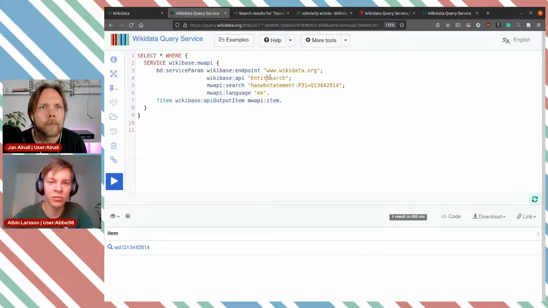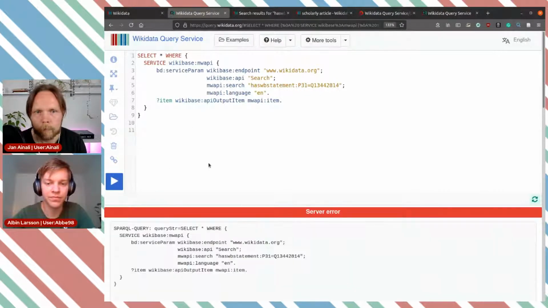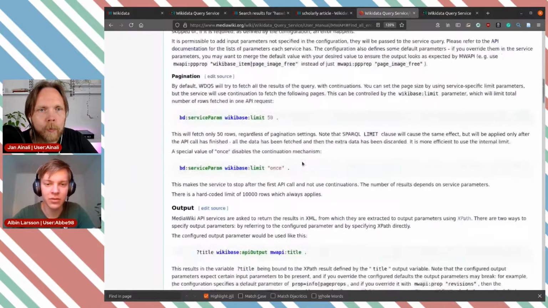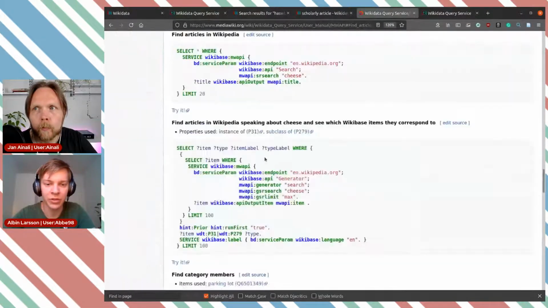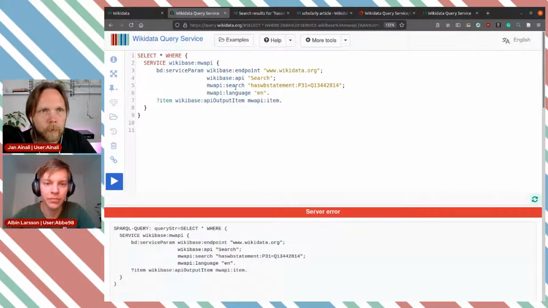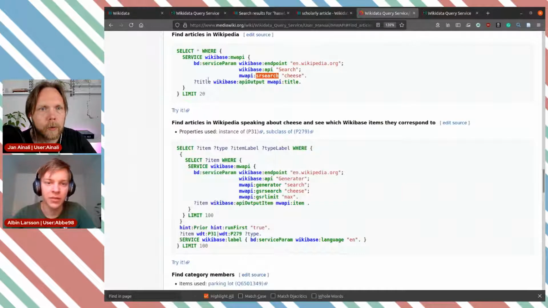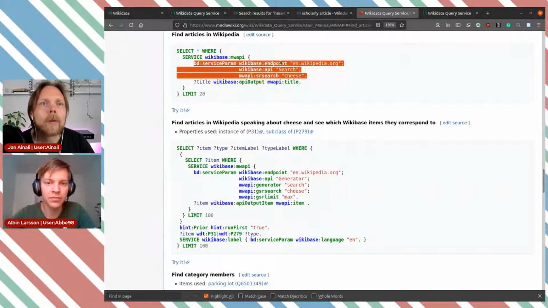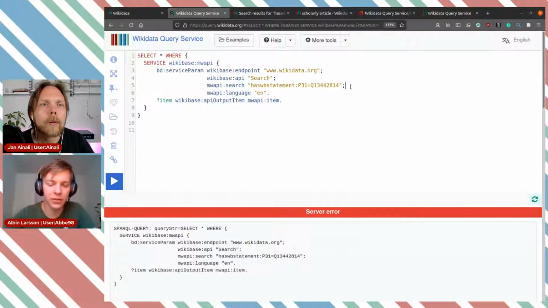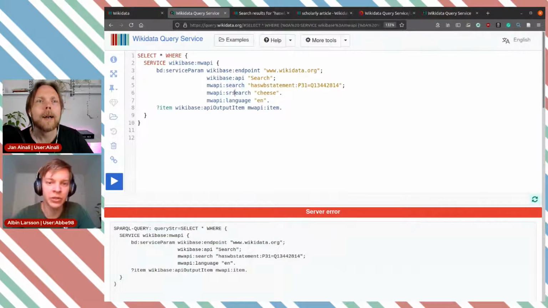And I still don't use the title one, so let's try this. Let's go back to the example. Find articles in Wikipedia. Yes, because did that change maybe? Yes, it did. Okay. We found it, I believe. So we need to copy that part, or actually use that part. And we go here, we can actually compare this. You see we're using two different properties. And these properties translate to